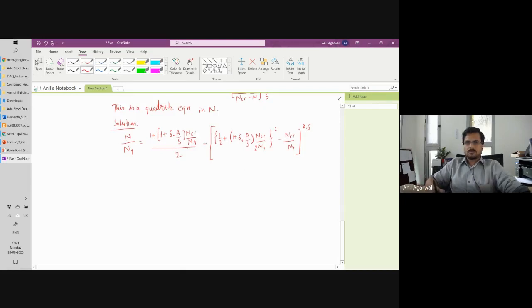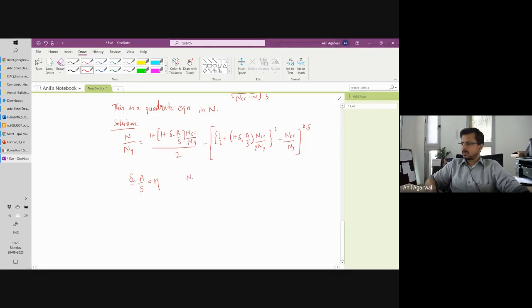The expression looks a little bit bigger, but if we break it down into smaller pieces, let's do a few renomenclatures. Let's call delta naught A by S eta. A divided by S is only a cross section property: A is the cross section area and S is the section modulus. Delta naught is the maximum imperfection in the column, which depends on the type of cross section, which axis you are looking at, and how much length it has. If it's a longer column, you will have larger delta. So this is in a way a cross section and imperfection property. Let's call it eta.